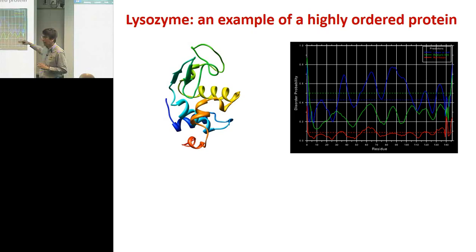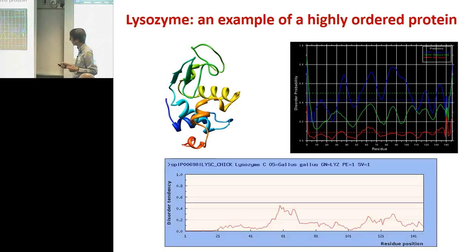Each threshold line for each algorithm is different, depending on how they run their calculations. So we decided to take each one of the algorithms, then measure that threshold line and see the percentage of residues that we will have as disorder. This is what it would look like if you use the Disemble algorithms, and this is what it would look like if you use the IUPred.